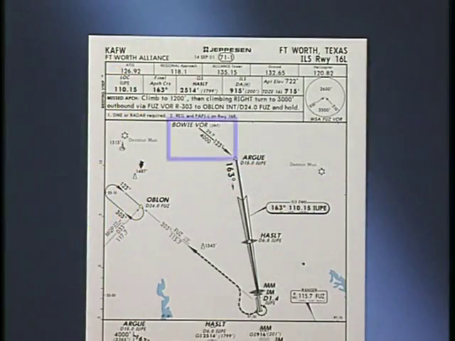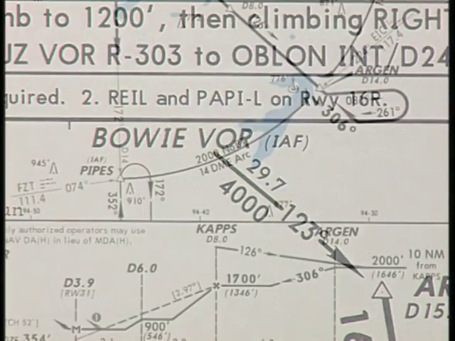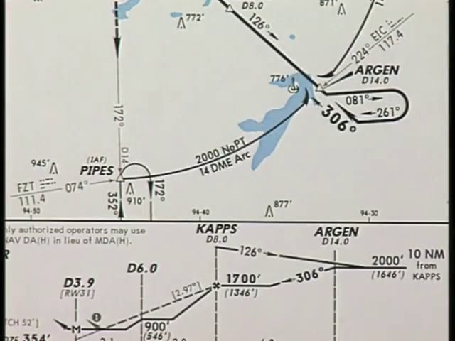You can determine if a line on a chart indicates a flyable route or is simply a radial or bearing forming a fix by noting several items. The magnetic course is shown with the course line, and the nautical mile distance is printed next to the line. The route also has a minimum altitude, such as 4,000 feet. In addition, a flyable route uses a wider, darker line than the one used to indicate a radial or bearing